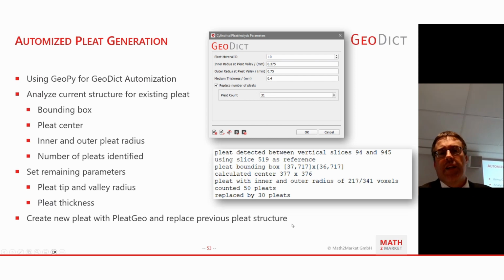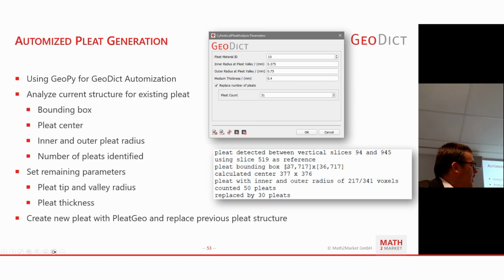And then it can analyze that for the bounding box, for the pleat center. Here, for example, you can see that it detected the pleat between some vertical slices, using some slice as a reference. That's actually the printout on our command line interface.